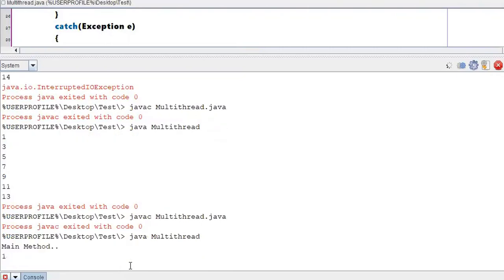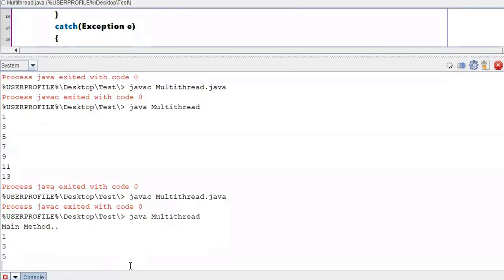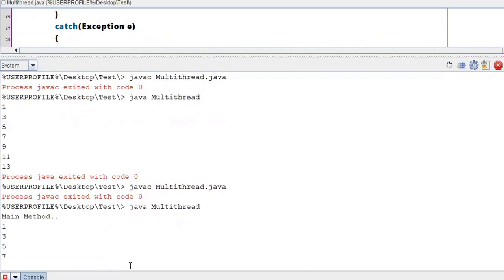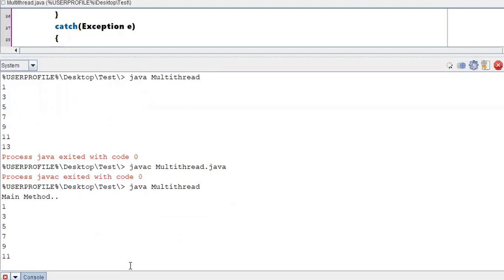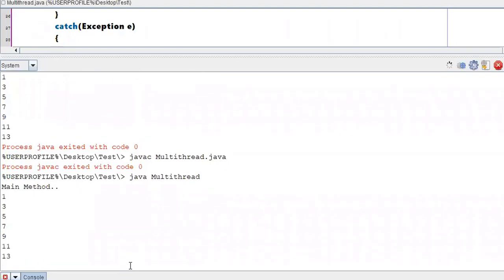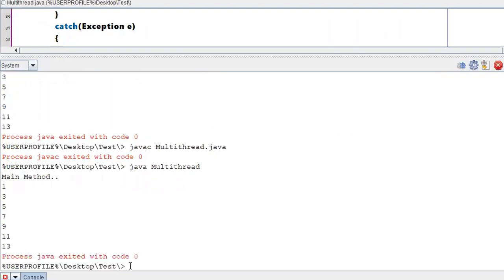See, first it has finished the main method, then it is giving priority for that particular child thread to finish its printing of all odd numbers, right? Once the job of that particular thread is finished, that is going to end.